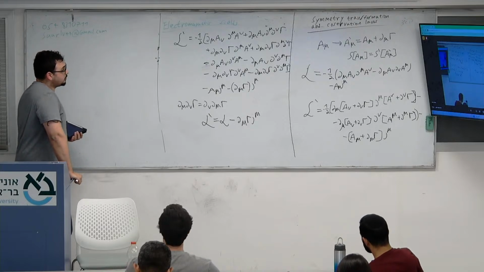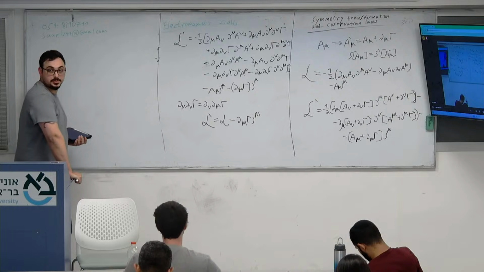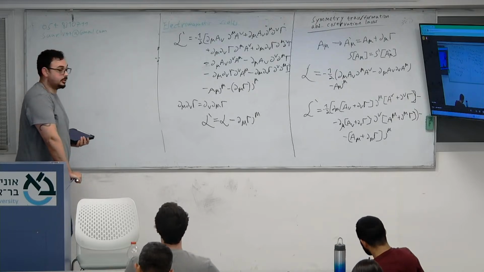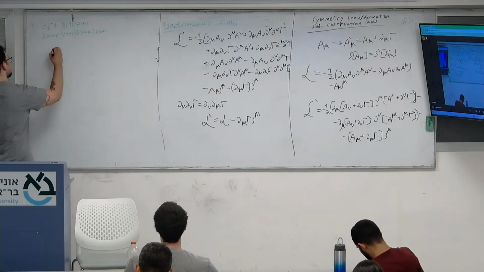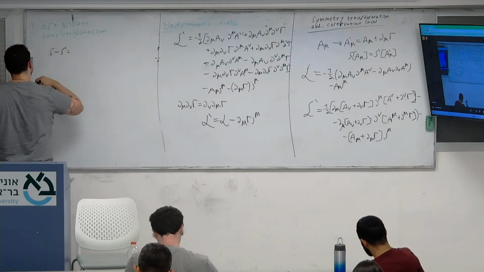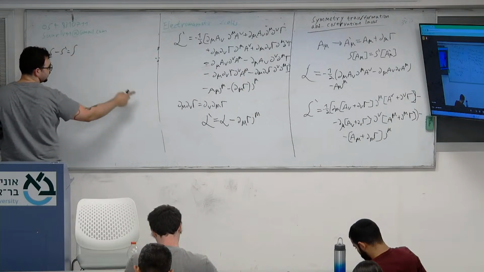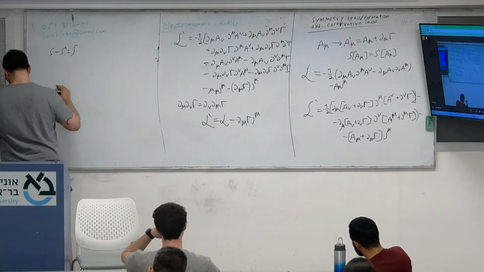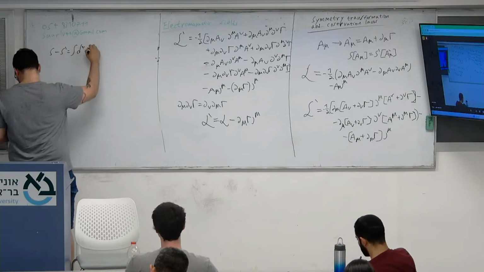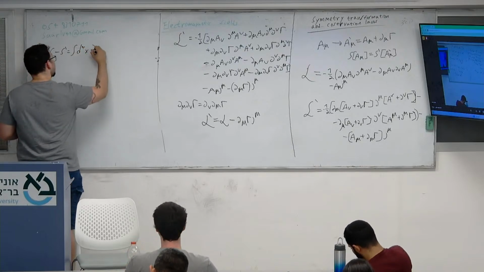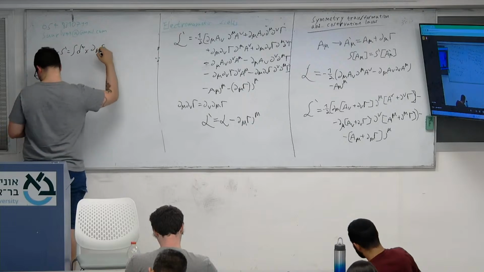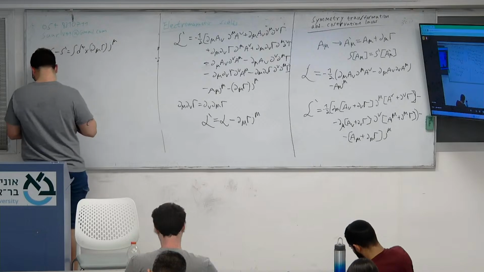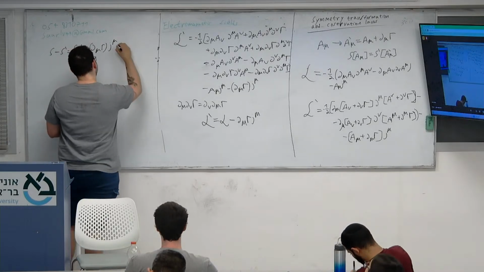So Lagrange promised us that the difference between the two actions will be 0. So we'll just write it down. S minus S prime equals the integral d⁴x of the normal Lagrangian density, the derivative ∂_μ of,